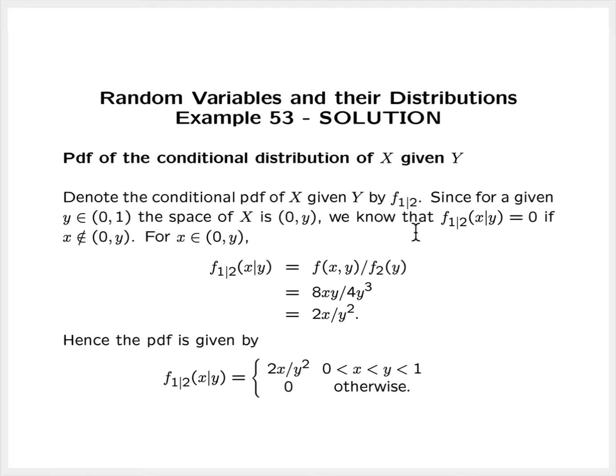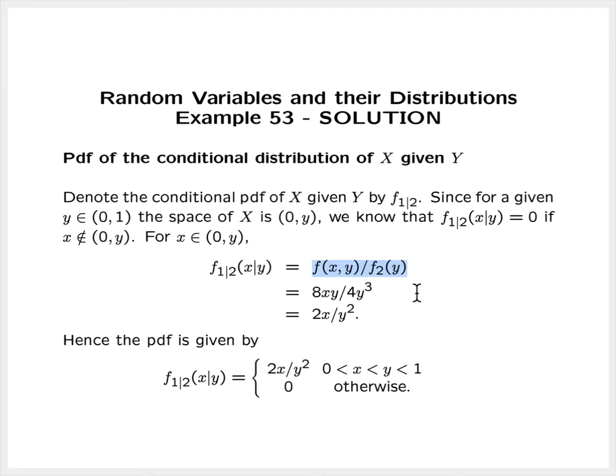Now, having said that, we know then that the conditional PDF of x given y is going to evaluate to 0 for any value of x that is not in the interval from 0 to y. So we get this value kind of for free just based on what we know about PDFs. They're always 0 outside of the space of the variable of interest. Now, for values of x that are between 0 and y, then the conditional PDF of x given y is going to be given by